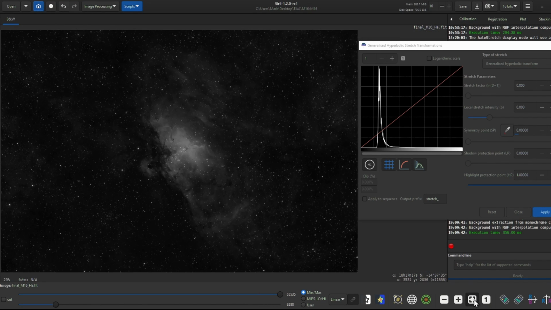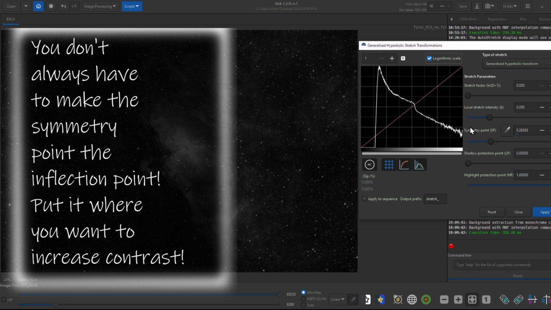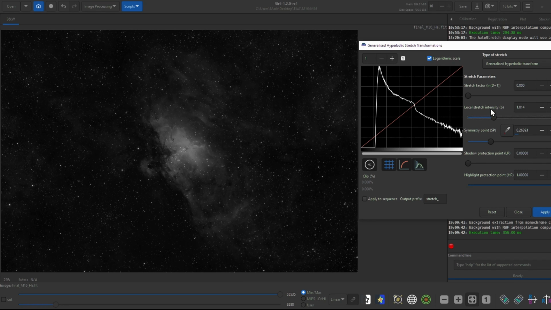Alright, so now let's turn the histogram into a logarithmic scale by clicking here. See this curve? Let's click on the inflection point, where it stops curving so steeply. This is our new symmetry point. Don't be so aggressive with the local stretch intensity yet, but move it up slightly if you want, and start